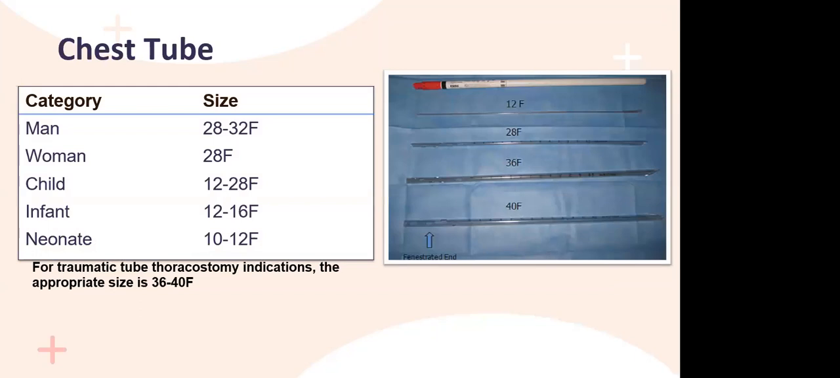Okay, the size of the chest tube varies depending on its indication, whether to be used for traumatic or non-traumatic. So in this table, it shows the appropriate size of chest tube for non-traumatic indication. We use different sizes of chest tube. For adults, it's according to gender, while for children it's according to the age group of the patient. For traumatic, the appropriate size is 36 to 40. The size of the tube needs to be appropriate for the viscosity and accumulation rate of material that it will be used to drain. And for traumatic size, because it will accommodate the